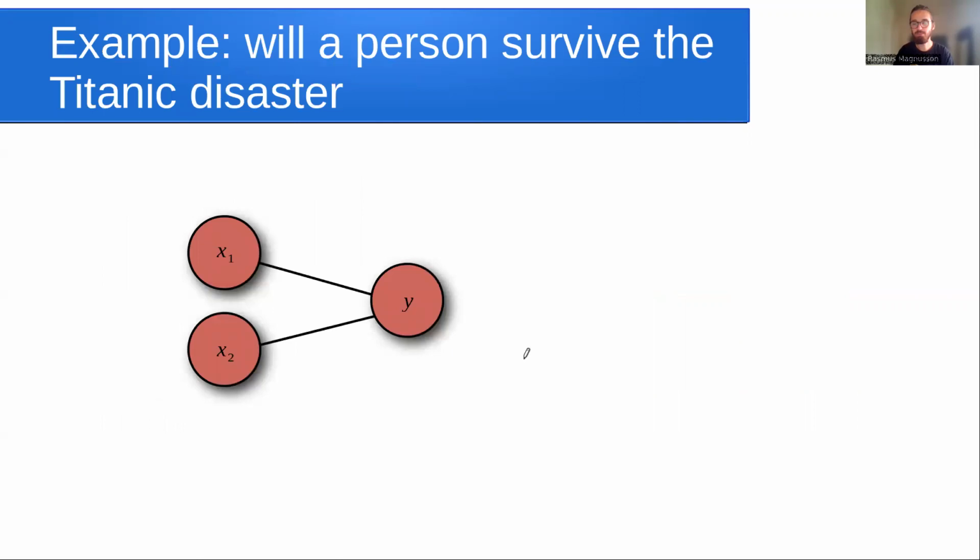And perhaps it becomes a little bit clearer if we work from an actual example, and I chose the Titanic disaster as the example, and that is actually one of the most common example data sets when it comes to working with machine learning. So don't be surprised if you see the Titanic disaster data sets popping up in future lectures, or if maybe you're already familiar with it if you've taken a few courses in machine learning.